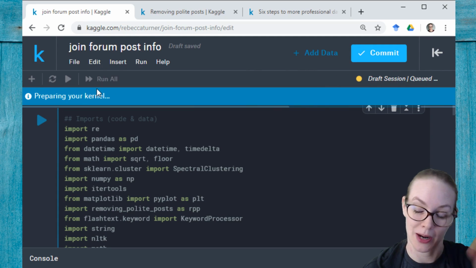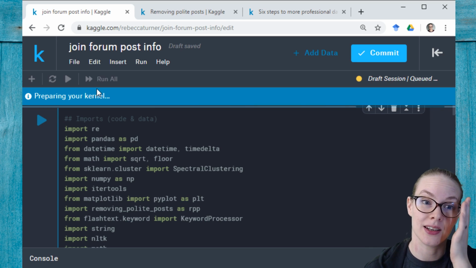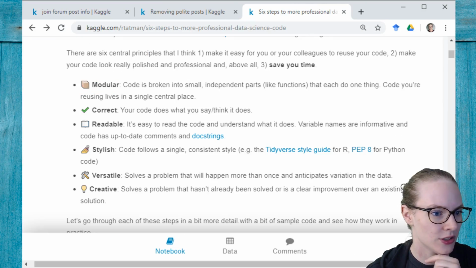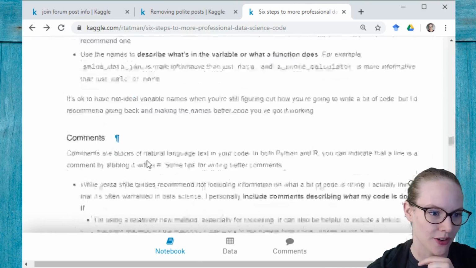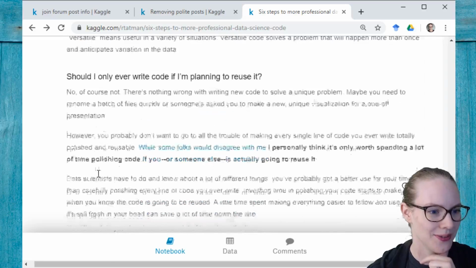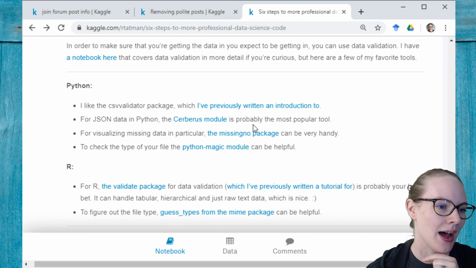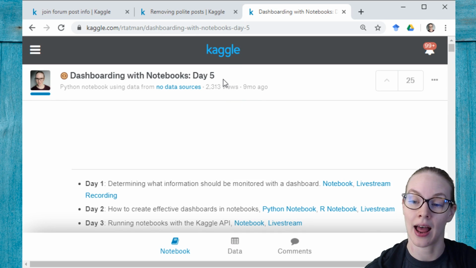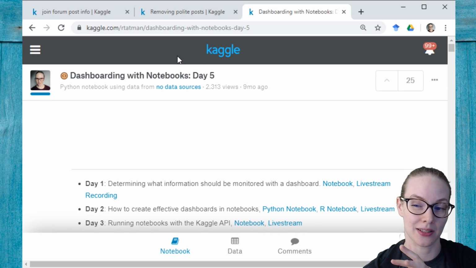And then we're going to get a little bit into data validation. So in this script, I believe it's actually under versatile rather than correct, but I mean, it's also correct. I'm going to include some data validation. So I'm going to check that the data that I'm getting in follows the qualities that I'm assuming that it has in my